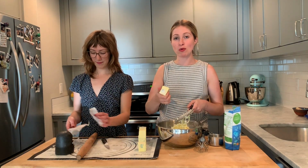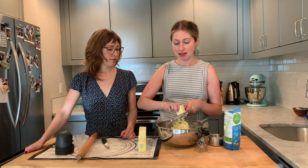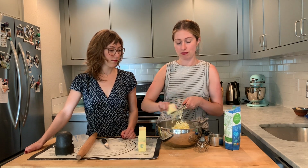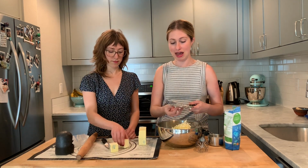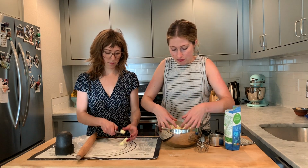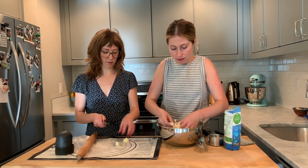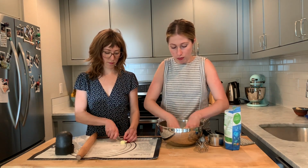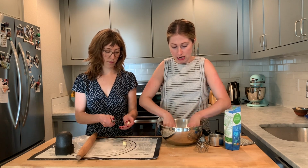So even though we only need 2 sticks of butter, we're scoring it halfway because grating butter without having something to hold on to, as we're about to see because I accidentally cut one in half, is really hard. So then we're just going to toss the butter in with the flour until the butter is evenly coated. As always, when using butter and flour, you want to work quickly so that the butter stays as cold as